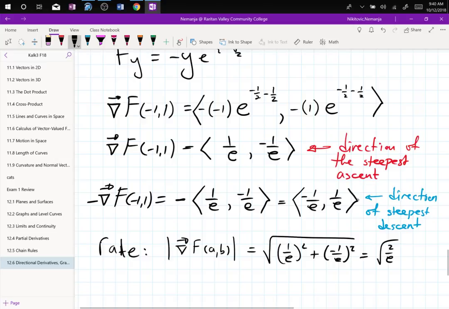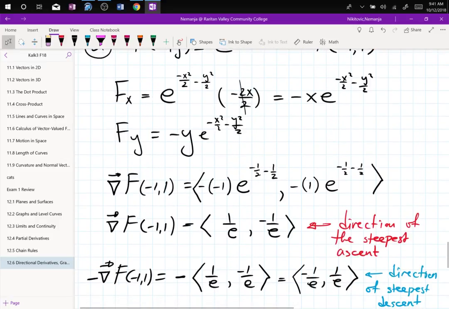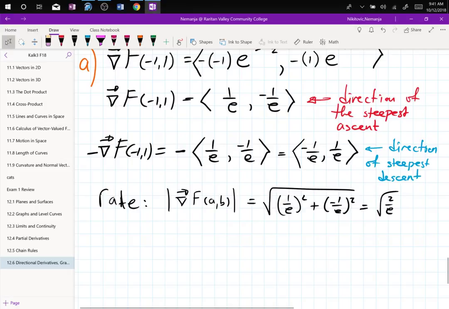One more part to this problem. In which direction is there no change? What is the direction for no change? Usually that is the confusing part if you don't understand what's happening here. Answering that question is tricky. So all of this was part A. And now part B. It's worded: